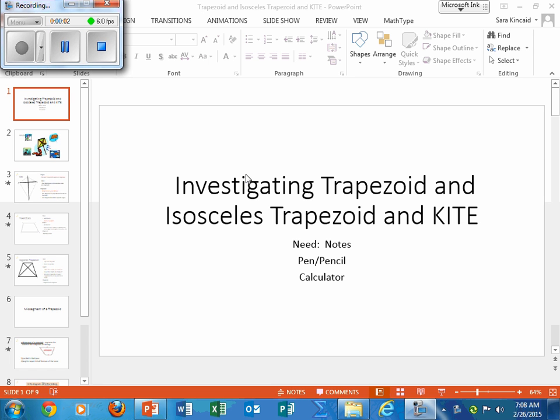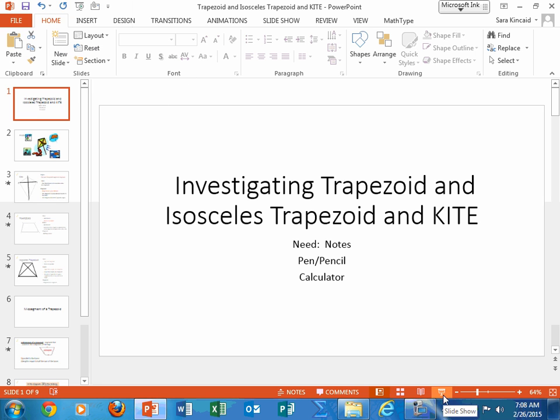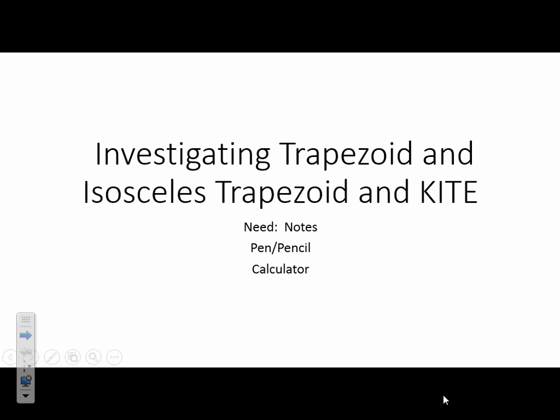Hello everybody, today we're going to be taking a look at trapezoids, two different types, a regular trapezoid and an isosceles trapezoid, and also kites. So we're going to be looking at some other four-sided shapes that are not parallelograms like the ones we've been